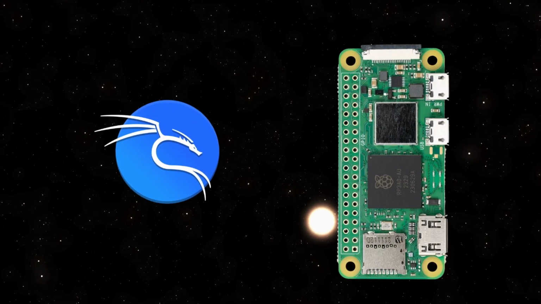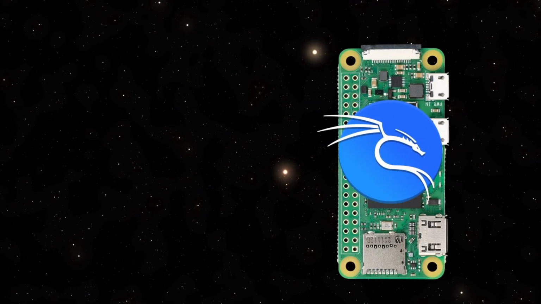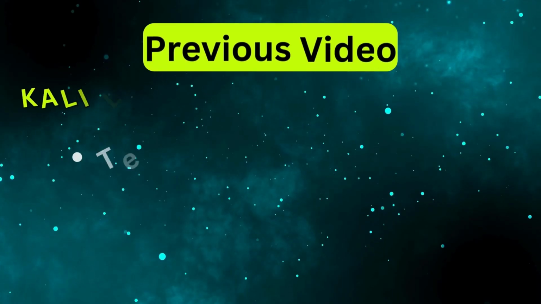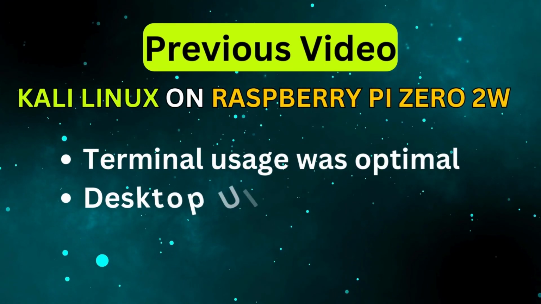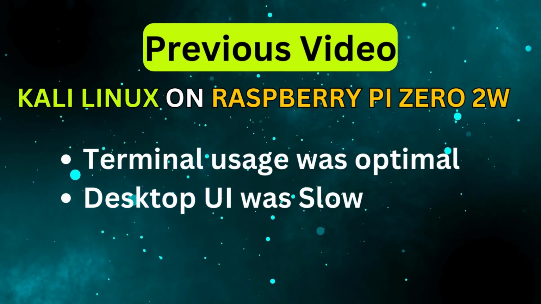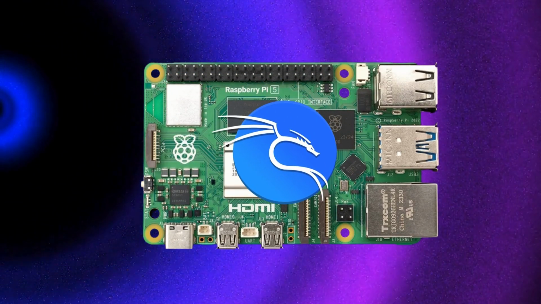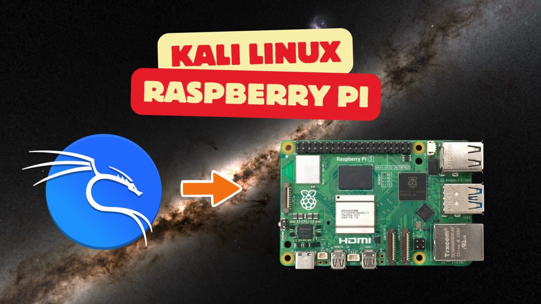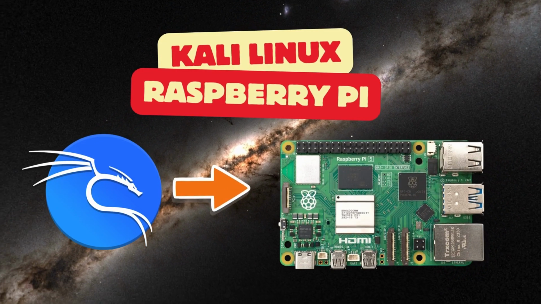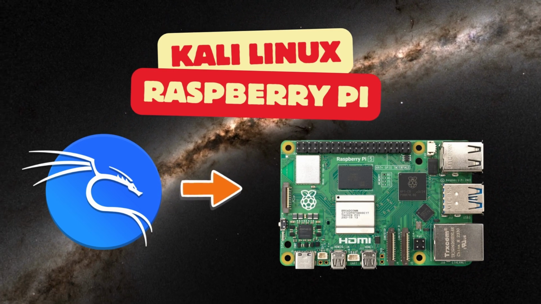In one of my previous videos, I showed how to install Kali Linux on Raspberry Pi Zero 2W. But at the end of that video, we found that it was kind of slow in loading the desktop of Kali Linux. Hence, I thought to use Raspberry Pi 5, which is way more powerful than Pi Zero 2W. So in this video, I'll explain how to run Kali Linux on a pocket-sized computer, that is Raspberry Pi